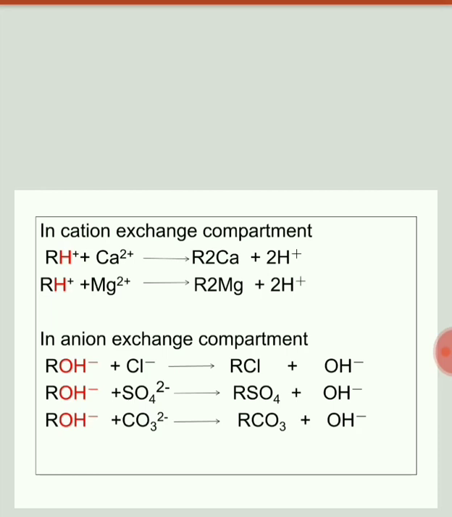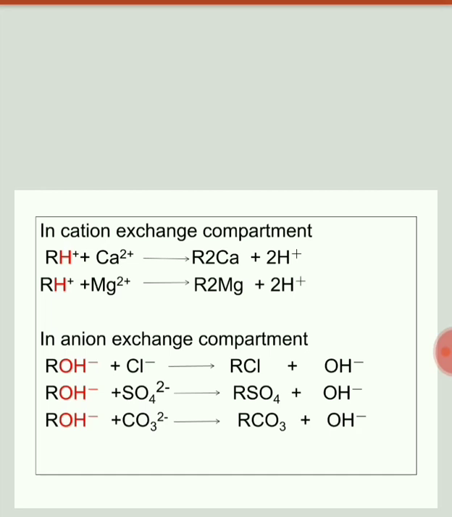So how do you represent anion exchange resins? That is ROH minus. The replaceable group is OH minus. So the anions are chlorides. Let's go for the removal of chlorides now. The replaceable group is OH minus. We get RCl plus OH minus, so Cl minus, R plus, OH minus. So 1 plus and 1 minus, it's neutralized. Let's go for the next reaction.